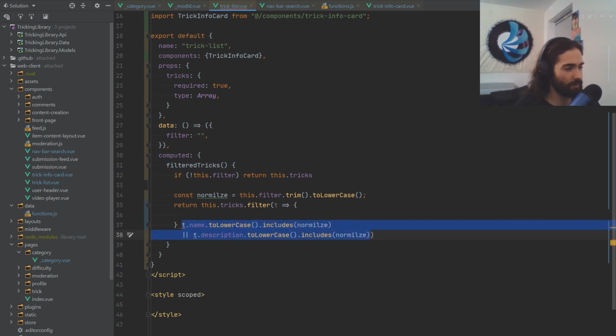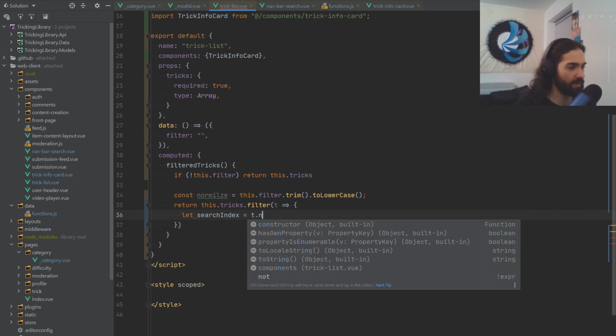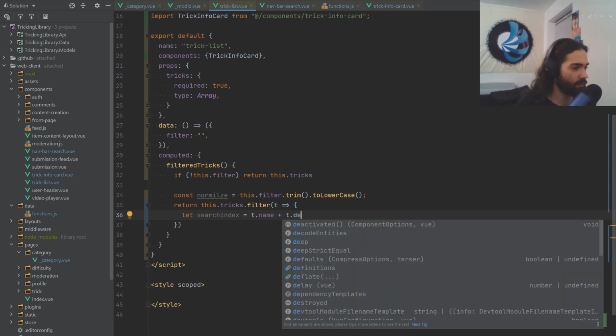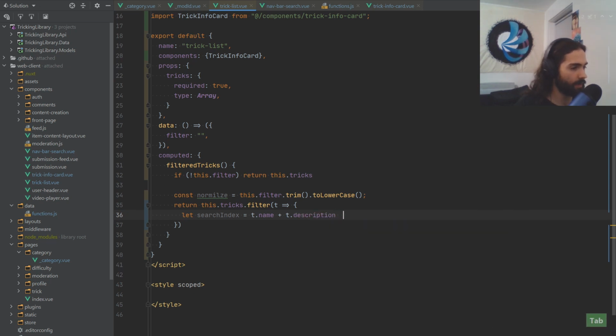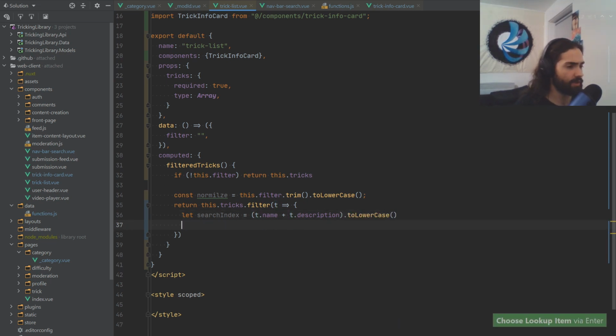So at the moment you can see we do a couple of includes here and there. What we're going to do is say let search index, t name to, or actually let's do t name plus a t description, kind of the same approach. If I can spell description, let's remove that. Let's wrap this into lowercase. So that's what we're going to search, return search index, and then